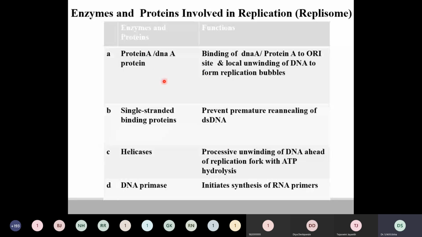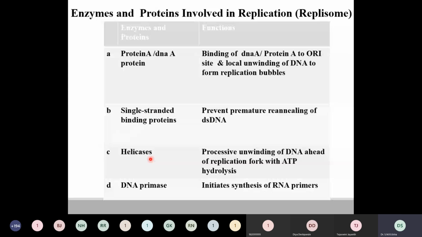What happens is this protein will go and bind to certain areas on the parental DNA so that it can pull it apart and make it a single strand. Next are single-stranded DNA binding proteins. This will go and bind to the single strand, as the name itself suggests, and prevent the strands from rejoining or re-annealing. Once separated, the DNA is single-stranded, and these proteins bind to the single strands and prevent them from rejoining.